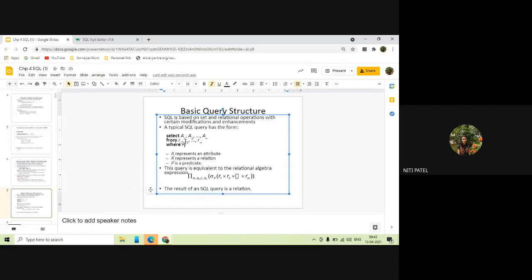Then from R1, R2 and R3 are nothing but the relation names or table names. And where is the condition. P is the condition I'm going to write over there, also called the predicate. So A is attribute, R is relation, and P is the predicate.